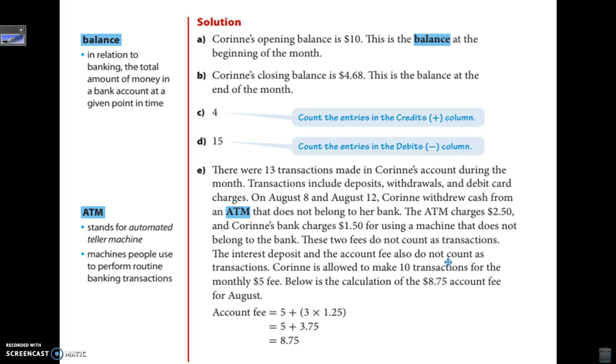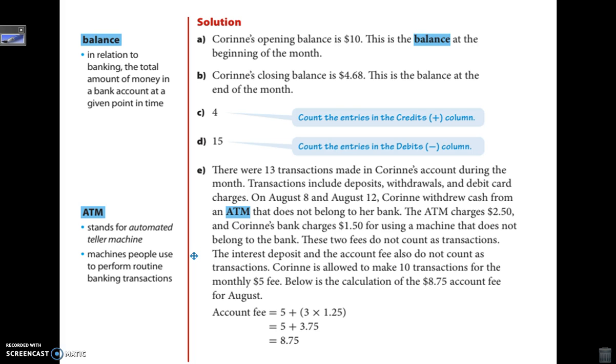On August 8th and August 12th, she withdrew cash from an ATM. So that's an automated teller machine. They're machines that you use to get money. You guys know what those are. So those fees actually don't count as transactions because she actually paid for them. And sometimes the bank will actually double up that cost. Okay, so below is the calculation of that